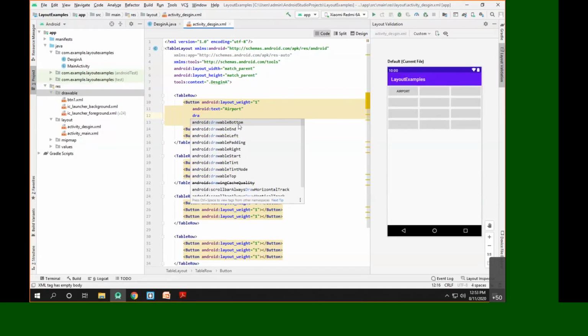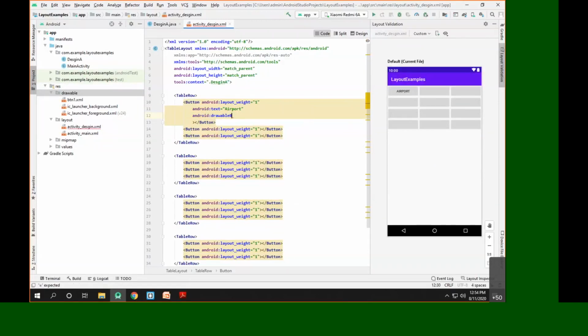Drawable bottom means it will draw the image at the bottom. Drawable end means it will draw the image at the end. We want the image to be at the top position, so we can say drawable top. So we have a drawable top here, and that will be from the drawable folder, and the name of the image that we have is BTN1. Okay, now here you can see the image.